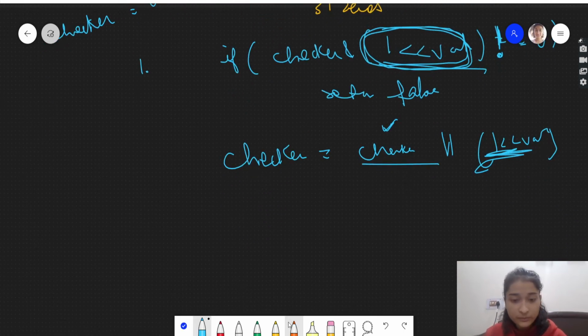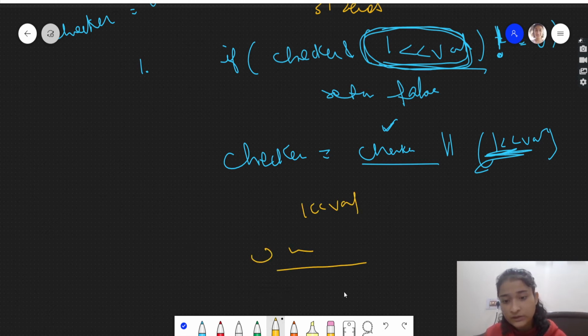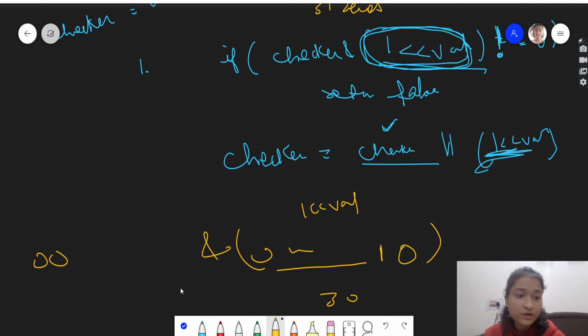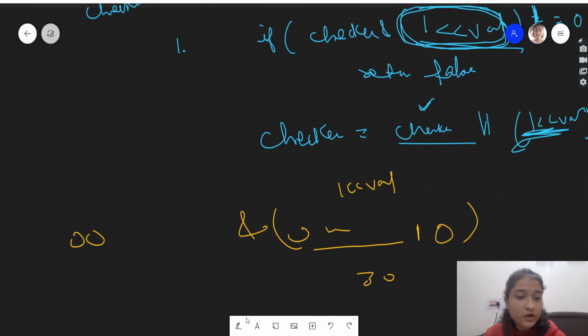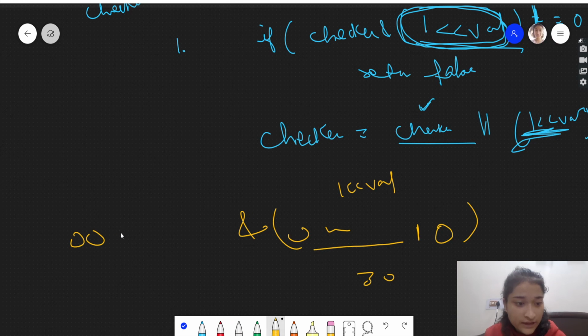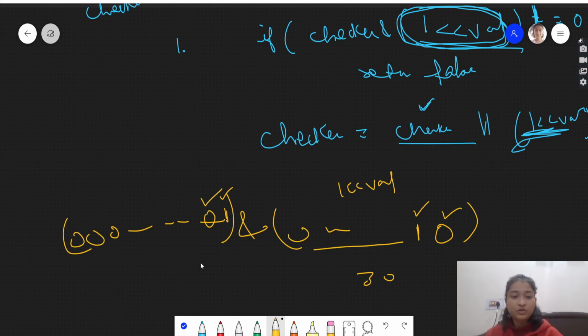Let's quickly move further. So for b, what will happen? This val will be 0 0 0 0, there will be 30 zeros, and then a 1 will come here and 0. So this will be b, and we will do AND of checker with this. Checker was updated; it was this one, where at the end there was 1, meaning a has already been encountered. So if you do AND, there will be no common one. 1 is here, but here it's 0, and here it's 1, but here in the second place it's 0. So 0 will come, meaning there is no same character.